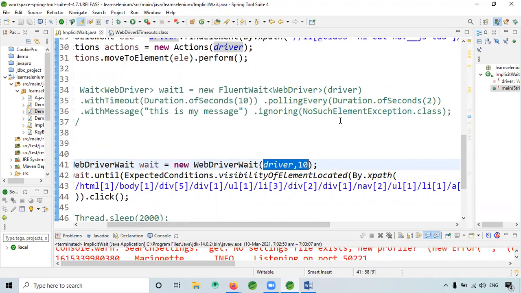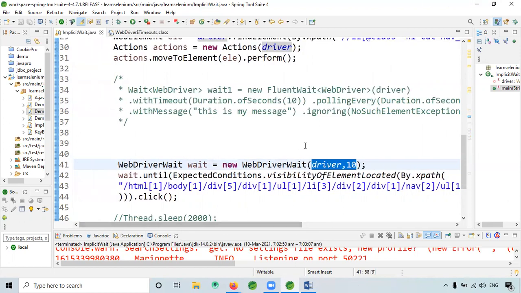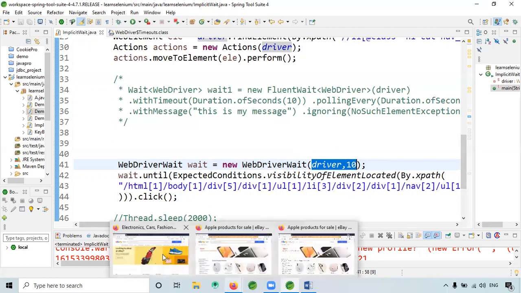Okay, so that means after finding it, will it again come and click again? No. Does that mean every 2 seconds it will search for that element again? So it searched in 2 seconds, found Apple and clicked on it, right? Yes. I am asking, will it do it again after 2 seconds? No, once found, it is found. If it is not found, for at least 10 seconds it will wait before throwing the no such element exception. Okay, got it.